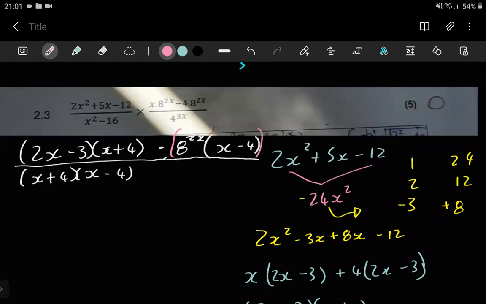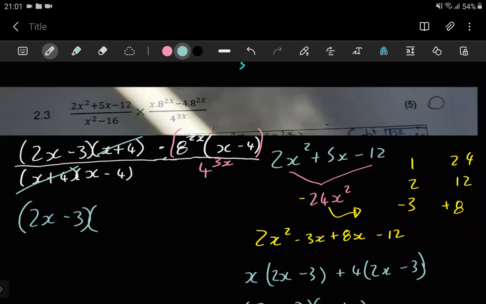We need to not pull the trigger too fast. Here at the bottom, we cannot do anything as yet, but it looks like we can do something with the top if we're smart, but let's not do too much at the same time. Here, this can cancel that. And then now we have 2x minus 3, the whole thing being multiplied by,